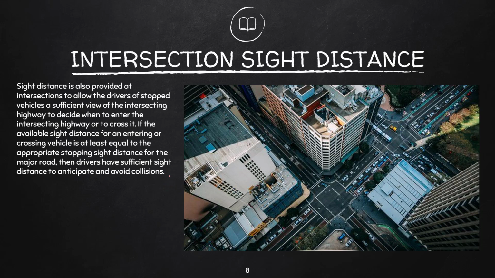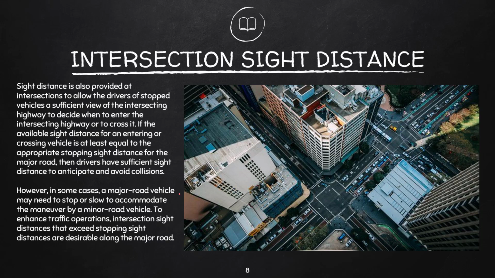So later we will be discussing two types of sights. We call them sight triangles that will be provided. One is the approaching, that is when the driver will be approaching the intersection and is not yet on the edge of this intersection. And another is a departure, that is provided when the driver is on the stop, the vehicle is stopped on the edge of this intersection. Departure and approaching sight triangles. We will go over it later